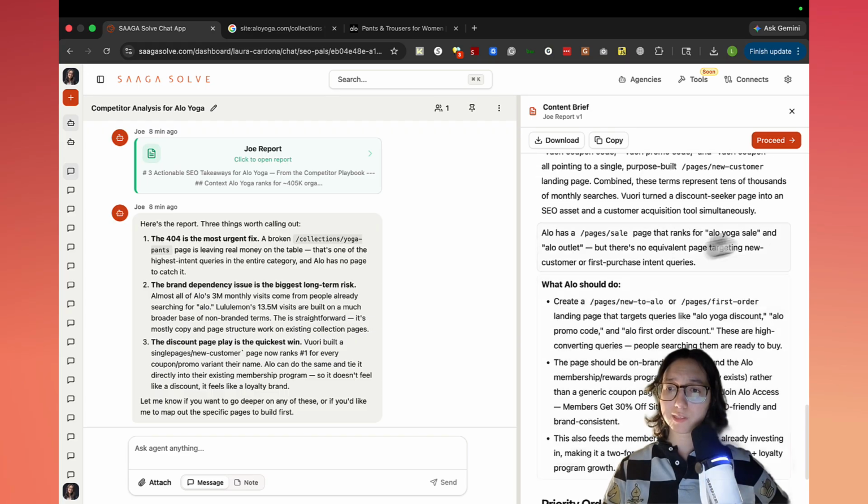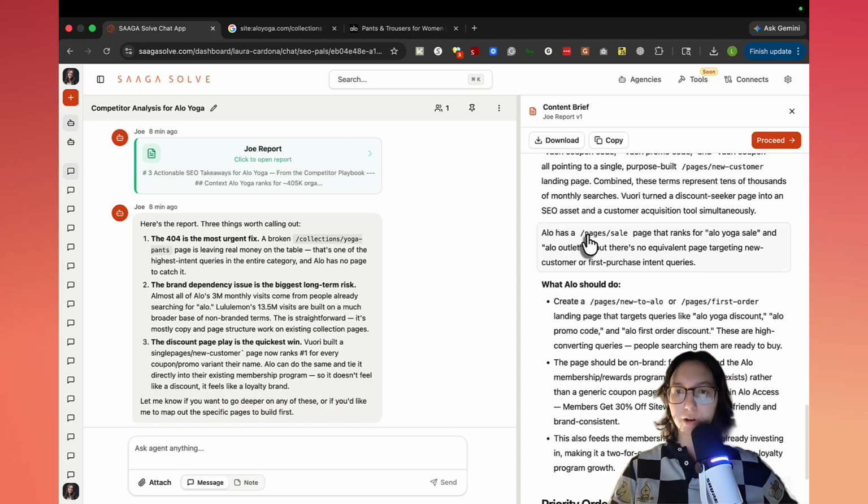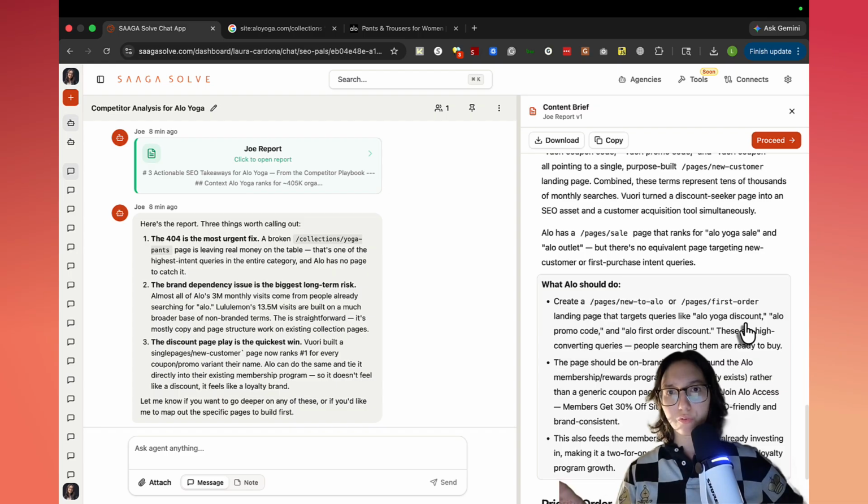Yeah, so with these e-com pages, usually you see them just shove all their discounted products in that. That's what I'm assuming the sale pages are. But a product on sale isn't satisfying the search intent or matching the search query for when someone's looking up a coupon code, right? Maybe that would rank for Alo Yoga discount, which is what it is ranking for. But again, things like Alo promo code, first order discount, that's different. I'm not looking for a specific product on sale. I want some sort of coupon, some sort of discount I can apply to my cart.